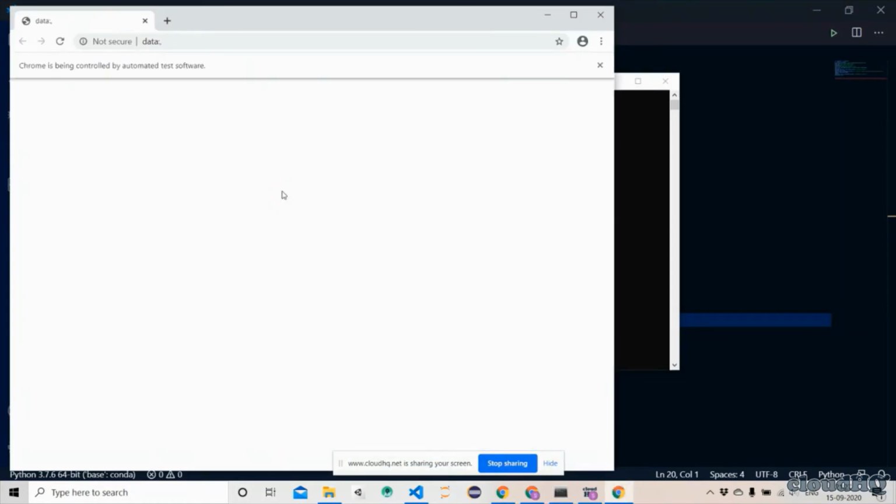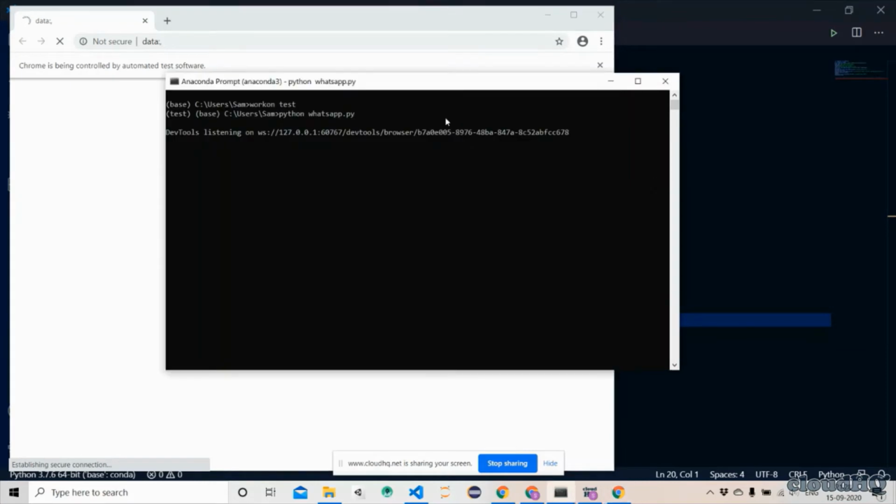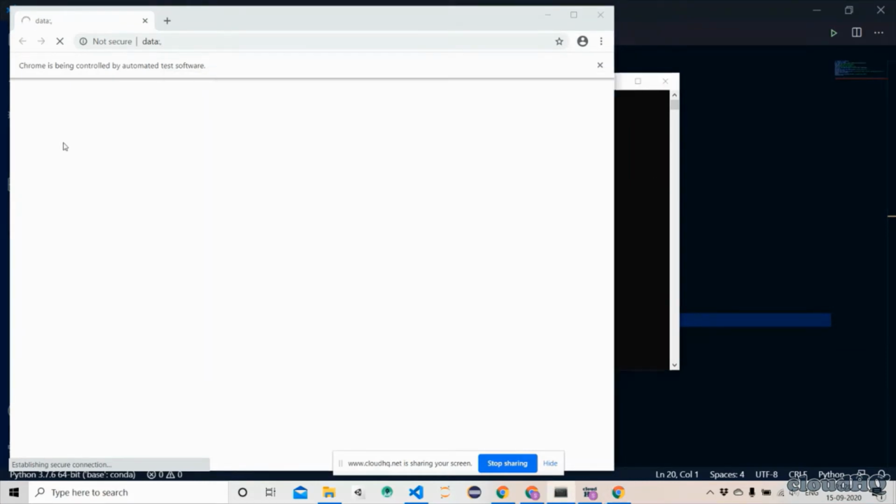Okay, so now it will open WhatsApp Web for me. You can see it's running.